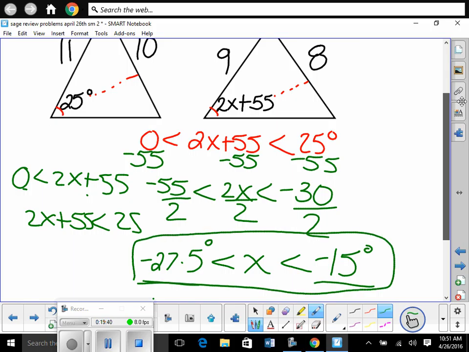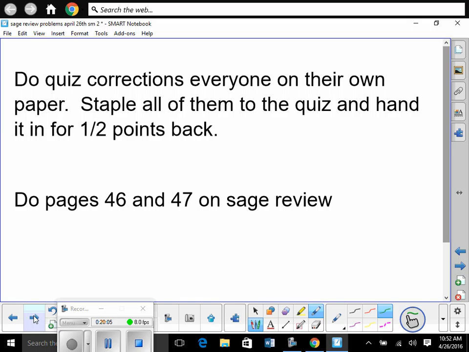So we didn't even find the real answer. We did. You're right, because it could be many answers, right? As long as it's between, the only thing we know is it has to be between that and that. Doesn't that angle have to be between 0 to 25 degrees? Thank you. Any other questions? Okay, so you're gonna do